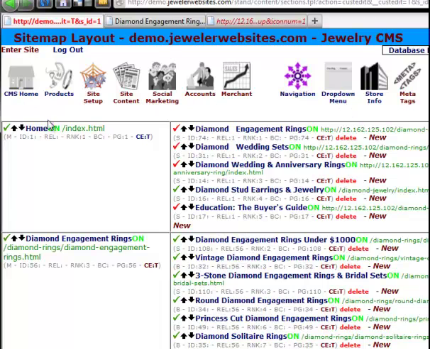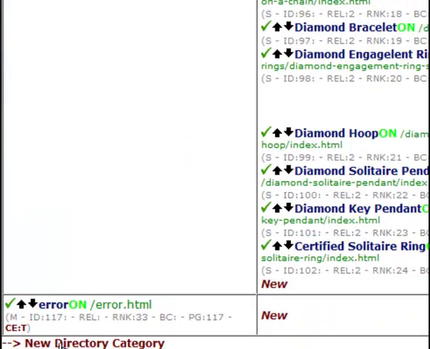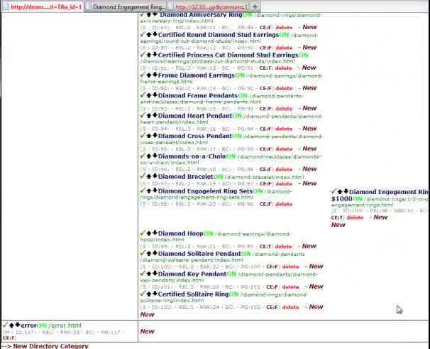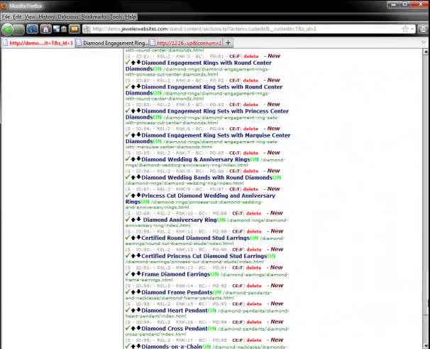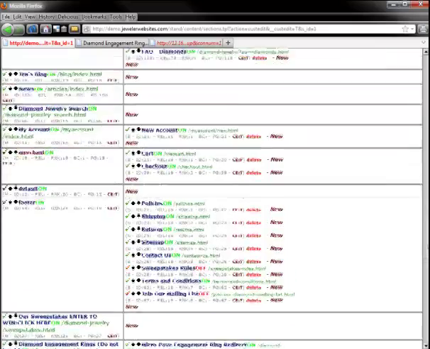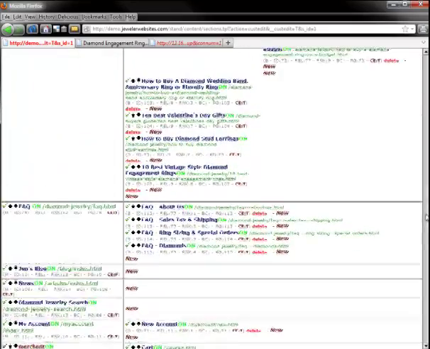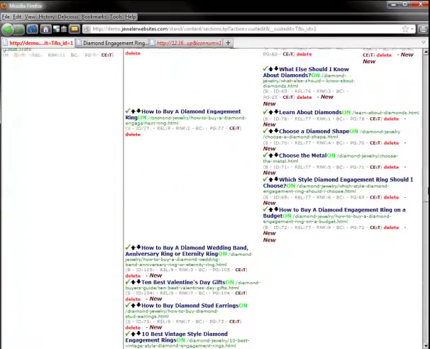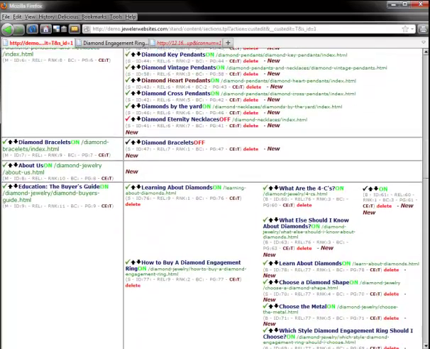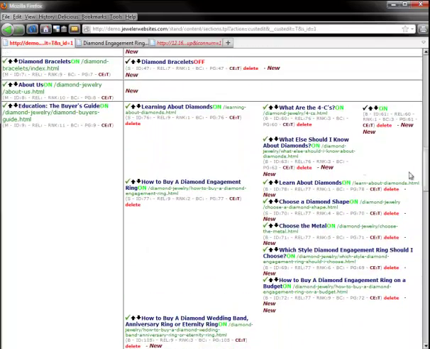If I want to add a new M-level page, I'd have to scroll all the way to the bottom and click on New Directory Category. As I scroll up, you will see that there are many pages on this demo website. We've put a lot of work into this demo website so that we can show many of the features and functionalities. In fact, as I scroll up, I see that this particular example shows 4 levels. We have a main level here, we have a sub-level 1, we have a sub-level 2,